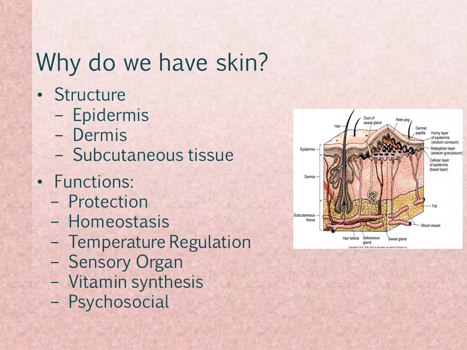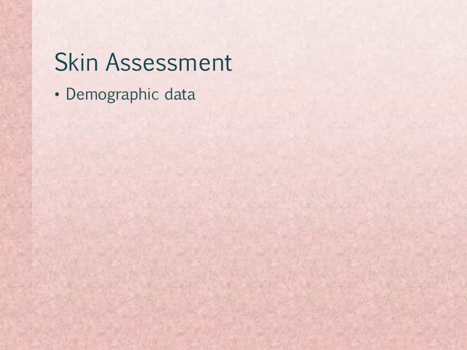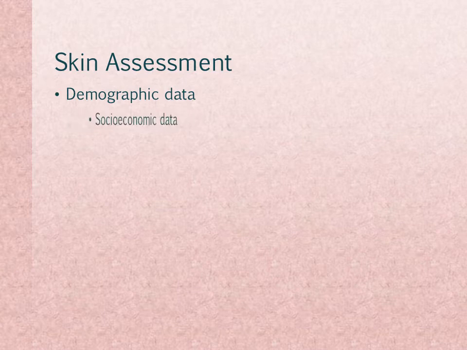Page 454 of your textbook provides a table labeled 26-1 that gives a detailed depiction of the structure and their functions of the integumentary system. A thorough history and physical examination is included for the integumentary assessment. This assessment includes demographic data, which can help explain causative or aggravating factors that can contribute to skin problems. Also, socioeconomic data. This helps identify environmental factors such as